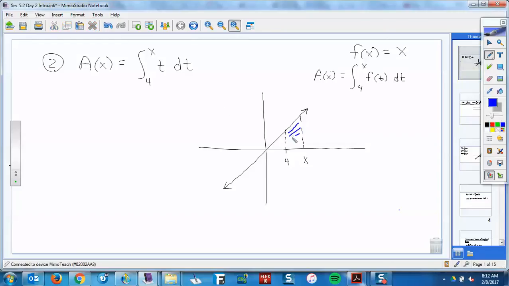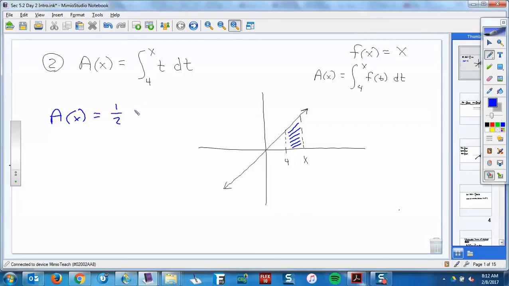So you were supposed to, basically number 2 here was supposed to be, as I went around, I didn't always see the pictures looking the way you want to have them. We're supposed to basically do what we did yesterday. You're supposed to draw this picture. Here's y equals x, y equals t, okay, from 4 to x, and that's a trapezoid, so we want to